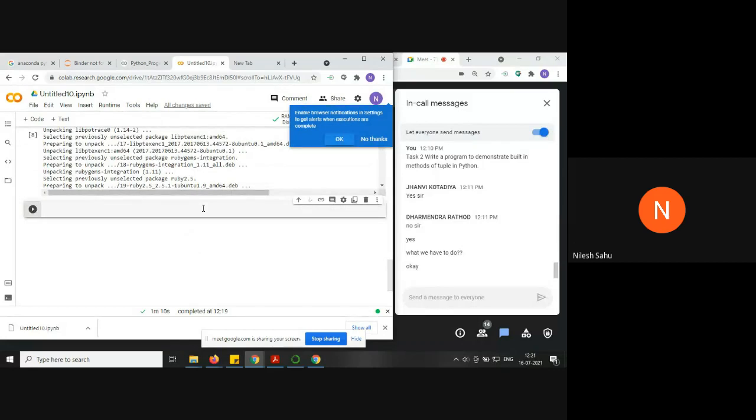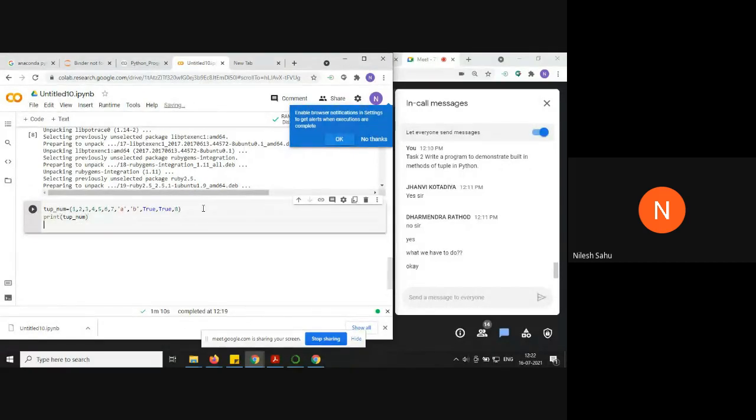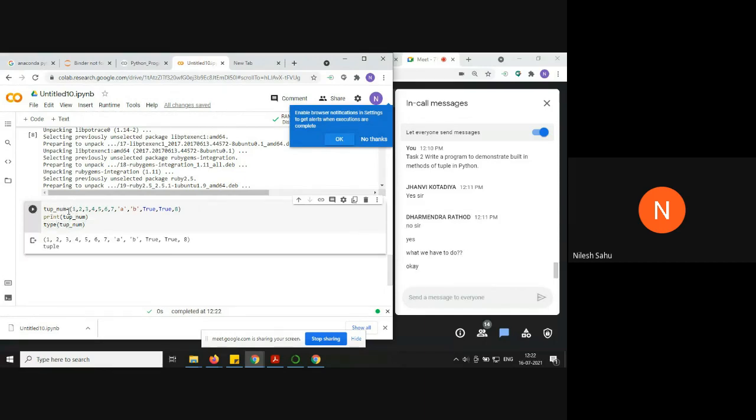So for task 2, I'm going to take some tuple by default. Here I'm having a tuple with variable name tup_num. The values inside the tuple are 1, 2, 3, 4, 5, 6, 7, A, B, boolean value true, true, then 8.